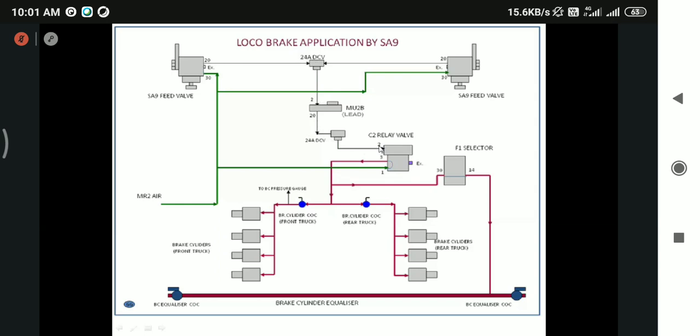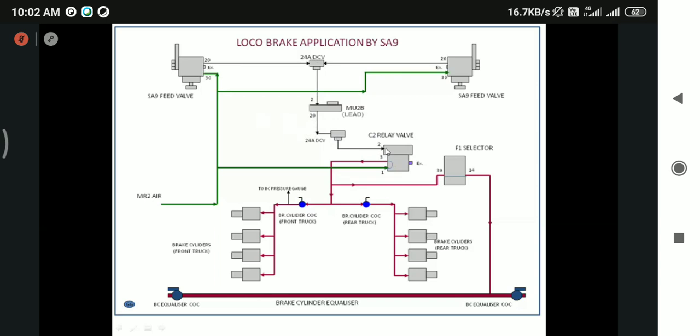So now if we change our SNN to release position, the path will be opened here. This 20 is connected to exhaust in the SNN valve. So whatever pressure was supplied to the C2 valve will get exhausted back through the exhaust port of the SNN valve. There is no air connection, no supply of air, zero pressure at this port number 2.